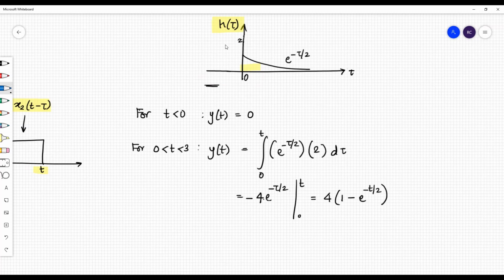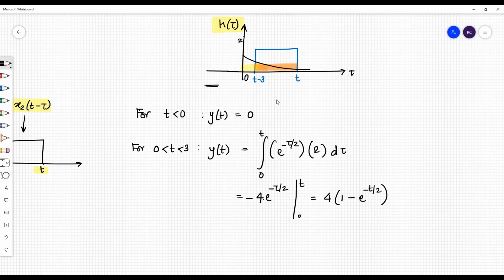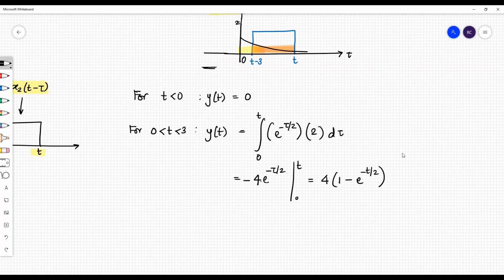x(t) by 2 has further progressed, and now this time even the trailing edge has entered the zone, so it is t minus 3. Now what is the overlapping area? You notice that this is the overlapping area, right? Only in this, from t minus 3 to t, is there an actual overlap between the two signals. Everywhere else this product is going to be 0. Okay, so now how do I write this condition? Now the condition is that t minus 3 is also greater than 0, that means t greater than 3,